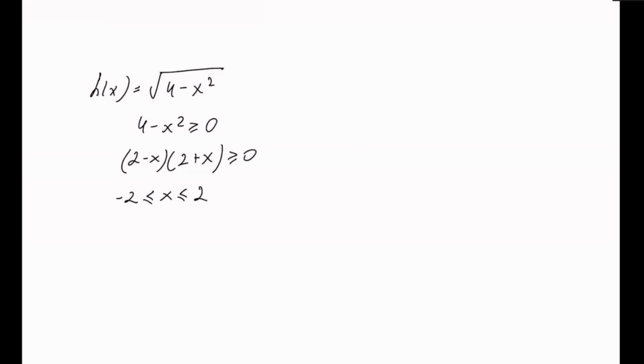Since 4 minus x squared is a polynomial, meaning it's continuous everywhere, and positive on the interval from -2 to 2, and since the square root function is continuous wherever it's defined, h is continuous on the open interval from -2 to 2. At the endpoints, we can check that